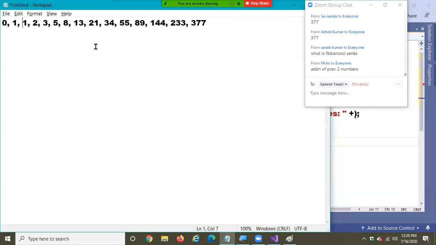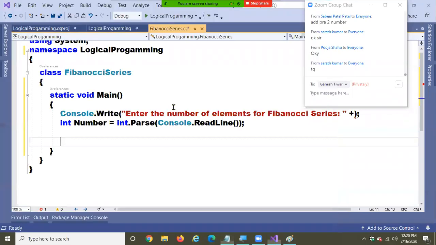See here, 1 is the sum of 0 and 1. 2 is the sum of 1 and 1. 3 is the sum of 1 and 2. 5 is the sum of 2 and 3. The next number is the sum of the previous two. 3 plus 5, 8. That is what we call a Fibonacci series.